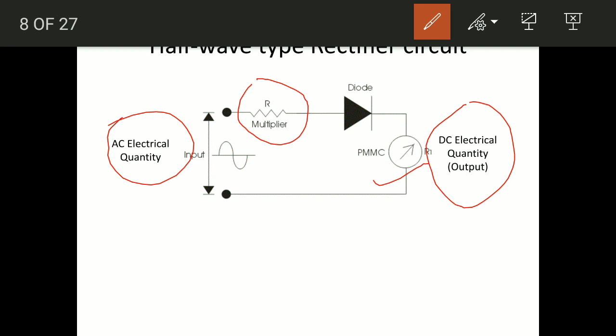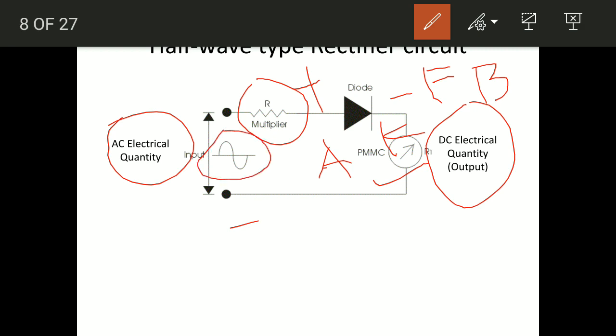Now what will happen during the positive half cycle, when this terminal is going to be positive and this terminal is going to be negative, then the same negative polarity is available over here. So during the positive half cycle of the input quantity, because the anode is maintained at the positive terminal and the cathode is maintained at the negative terminal, the diode is in forward bias. That means it is going to be like a closed switch, and I told you that under forward bias condition the output of the diode is exactly going to be equal to the corresponding input. So in this case the output of the diode is something like this because the input is like this.